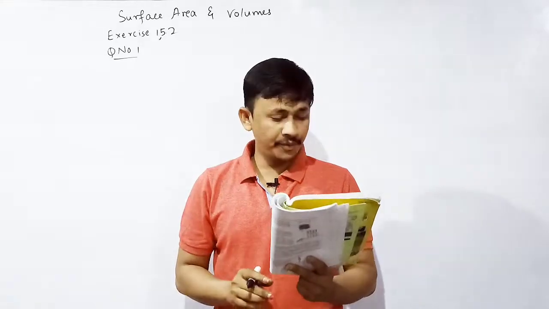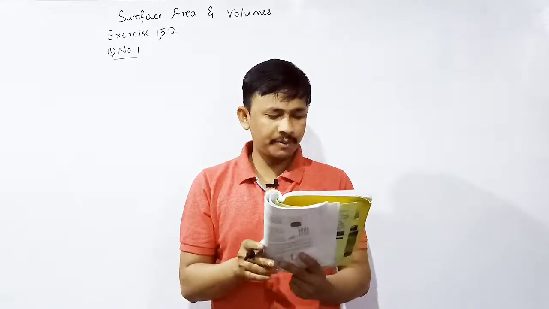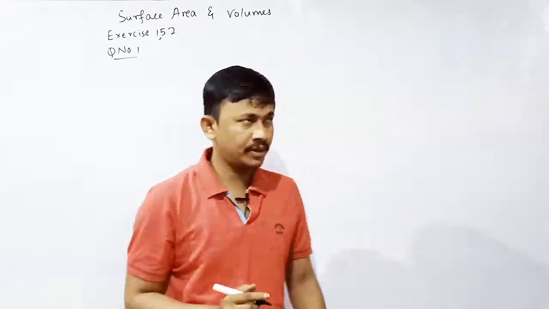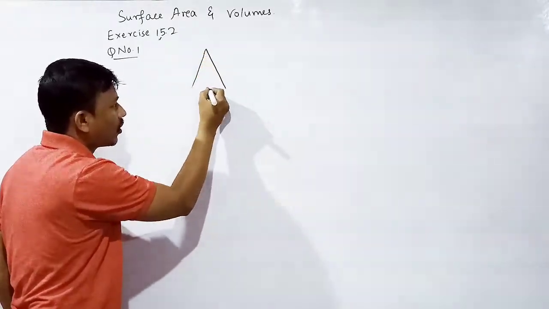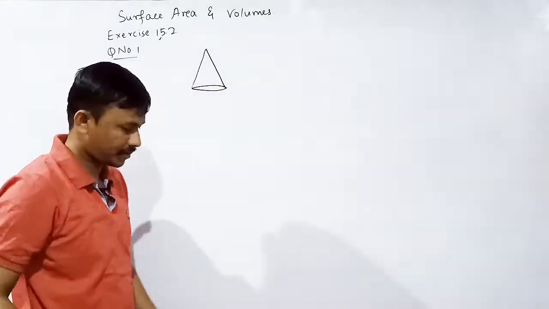Exercise number 15.2. Unless stated otherwise, take pi value 22 divided by 7. First question: a solid is in the shape of a cone. This is the cone. Yes or no? Okay, cone